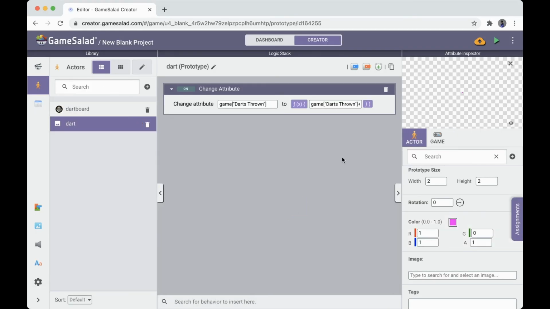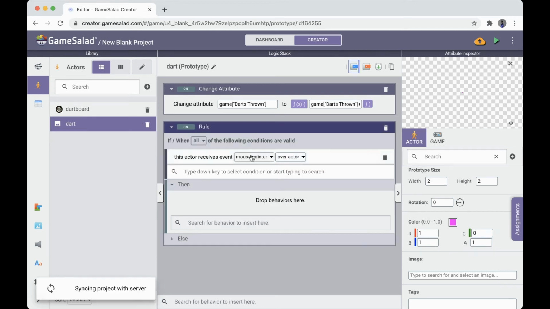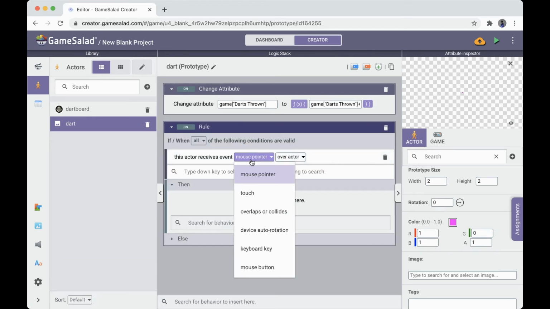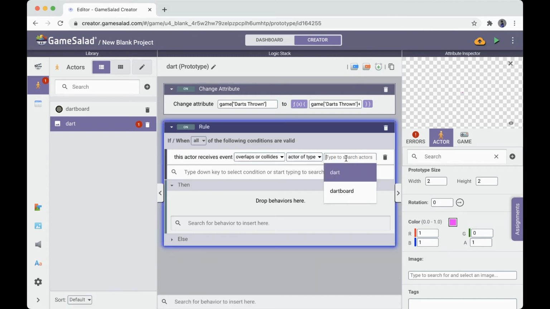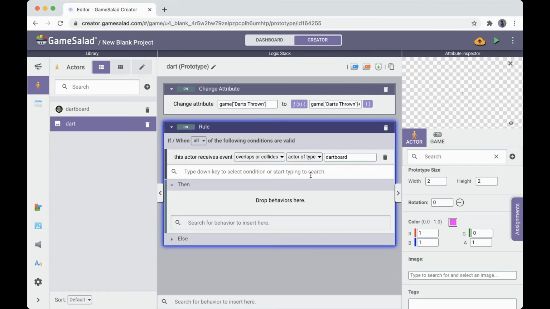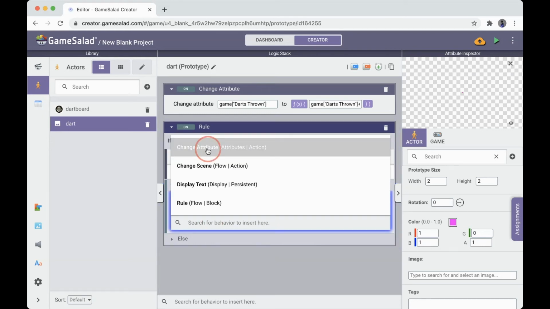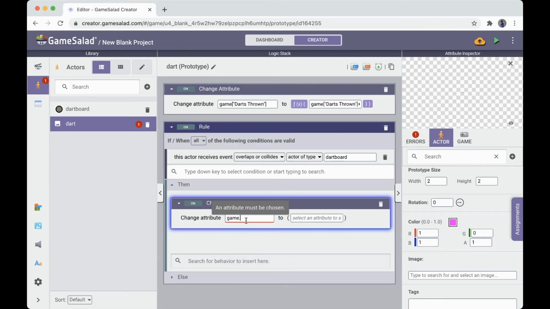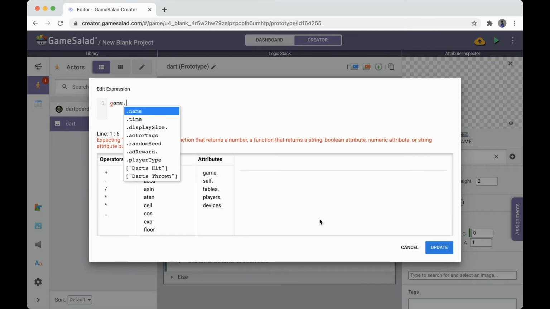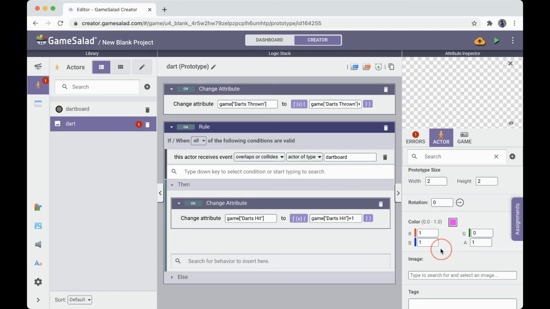We also want to increment the dart hits, but only if you're in the circle. So what we can do is overlaps or collides with actor of type dartboard. And remember, we changed the dartboard to a circular collision shape, which means it only counts as colliding if it's within the circle contained inside the actor. So next, what we're going to do is change attributes and change the game dart hits to an expression for game dart hits plus 1. And we update. So now, when we preview,